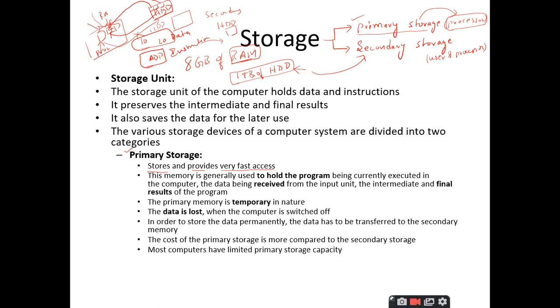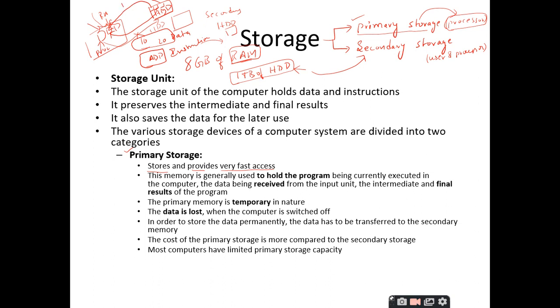Once the processing is completed, the result is again stored back inside the RAM only. As I told you, the processor does not have the capability of accessing the hard disk drive, it has access only to the primary memory. So, it is going to store the result in the primary memory only. Then the programmer or the operating system will give some instructions to store the result from the primary memory to the hard disk.